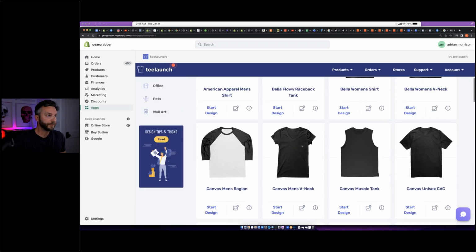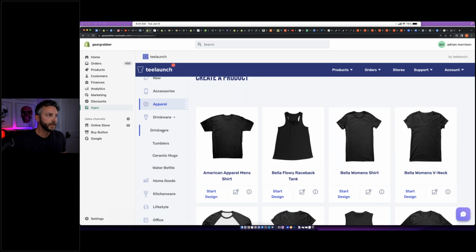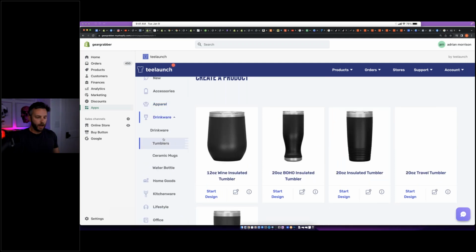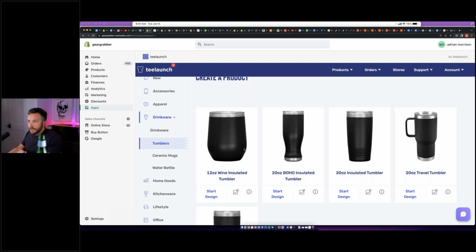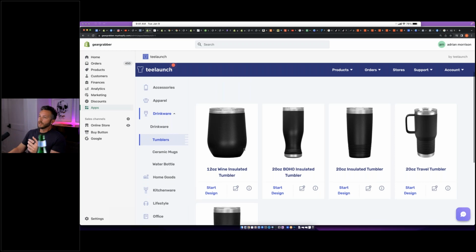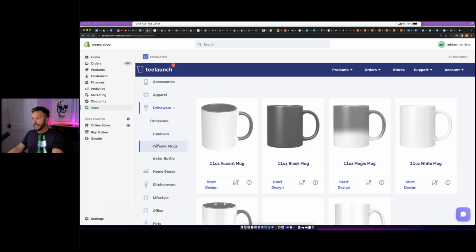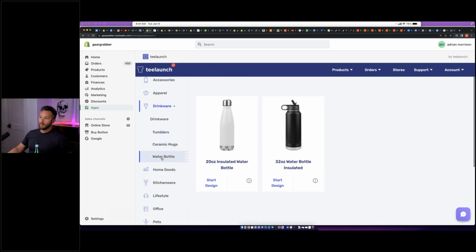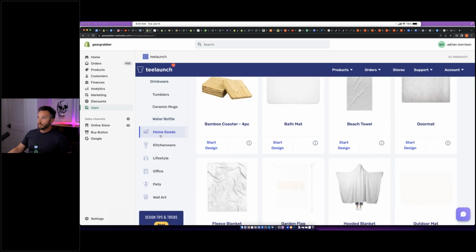They've got drinkware. So, think about having last names on drinkware, like, Team Morrison lifetime member on an insulated tumbler. That would be hot, right? There's a lot of people that love tumblers. So, I'm gonna switch cameras because light sucks when I lean back. Okay, so ceramic mugs, like it's going to work on mugs, it's going to work on water bottles, home goods.